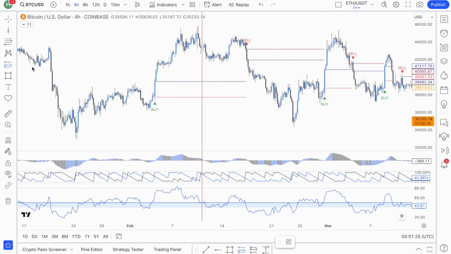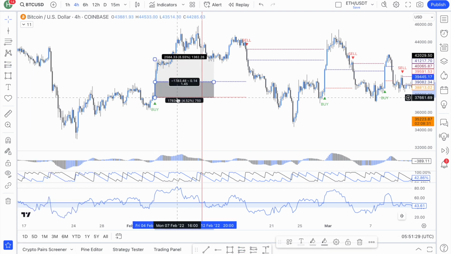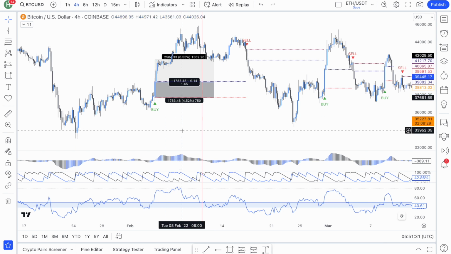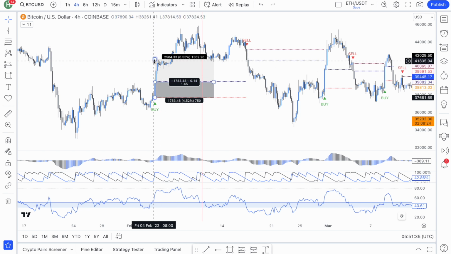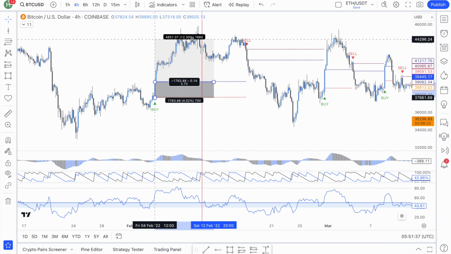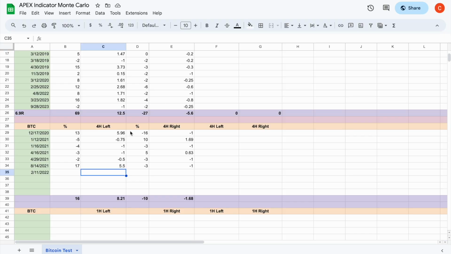All right. So the next one is going to be this side. And so divergence here, but I also would have sold because it's above the RSI value. So that would have been 2.72 at 12%. So 2.72 at 12%. And then the other one would be